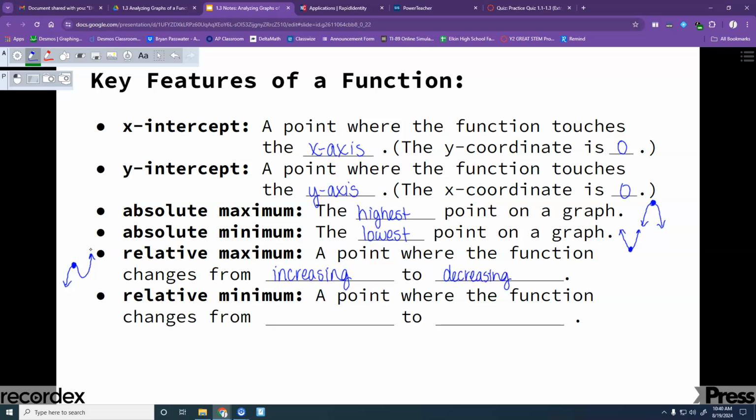So if you change from increasing to decreasing, you're going to end up with at least a relative maximum. Sometimes it might be absolute. And for a minimum, it's switched. It's going to be from decreasing